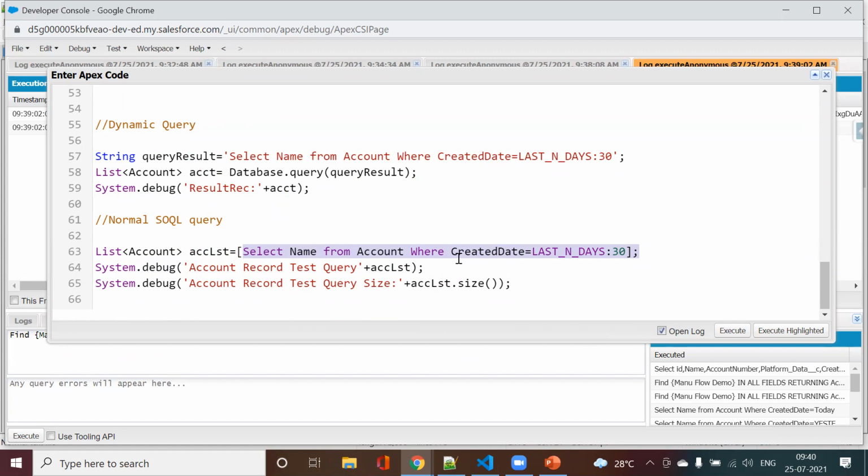Yes, correct. But I will tell you the disadvantage also of writing this way, because writing the list query this way sometimes leads to heap size issues. There is a better way to write the query using an enhanced for loop or a map query. I will cover this in a later session.